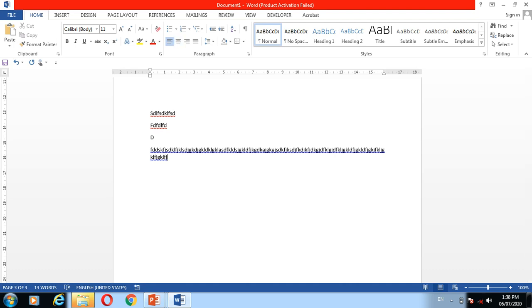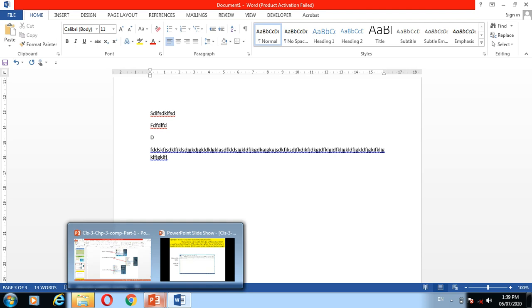The horizontal ruler, on the top side, is called the horizontal ruler. And where is the vertical ruler? On the left side, have you seen the mouse? Yes, this is called the vertical ruler. So these are the 2 types of ruler.